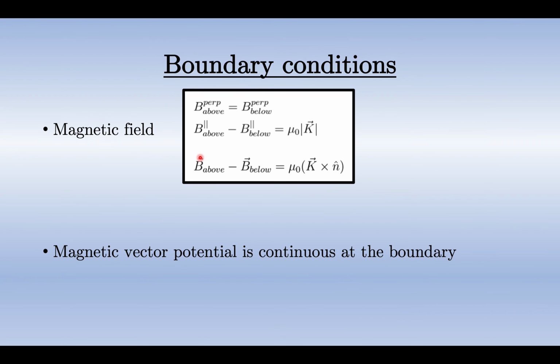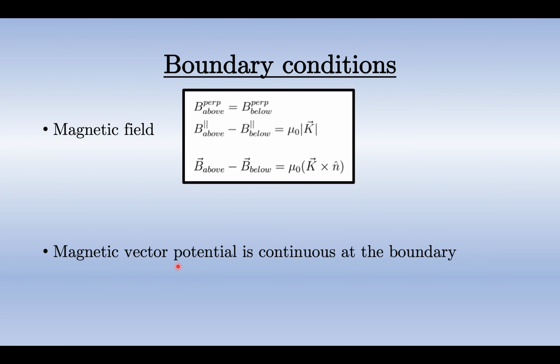Finally, we have the last major topic, which is the magnetic field boundary conditions. It is very similar to the electric field case, but the roles are reversed, because the roles of divergence and curl are also reversed. We can say that the perpendicular components don't change, but there is a discontinuity in the parallel components, which is related to mu naught times the magnitude of the linear current density vector. We can also combine both of them and represent it as this expression as well.